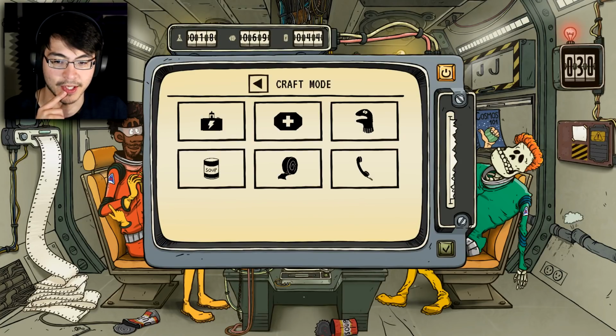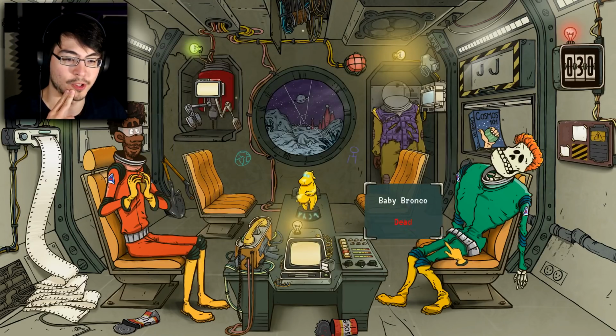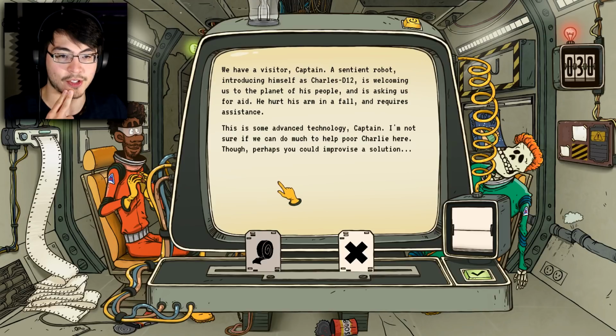Great. That's amazing. Okay. She's probably going to need batteries, but I want to craft the soup first just to be safe. This is some advanced tech...